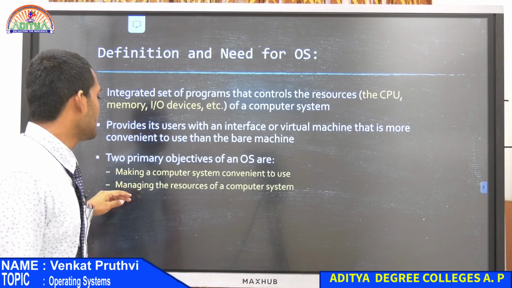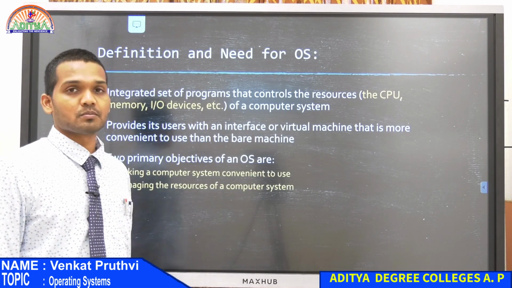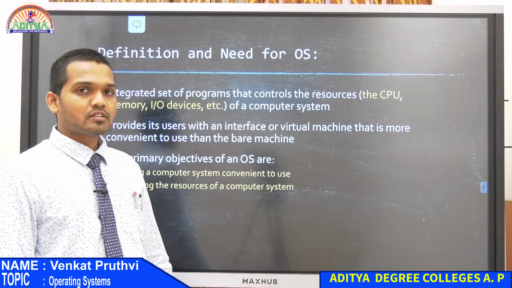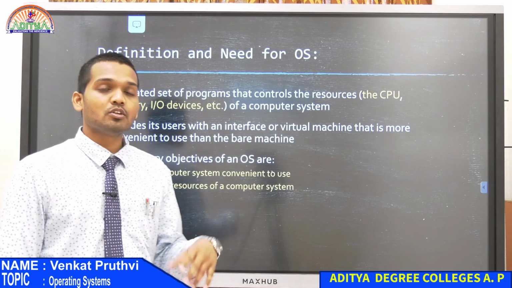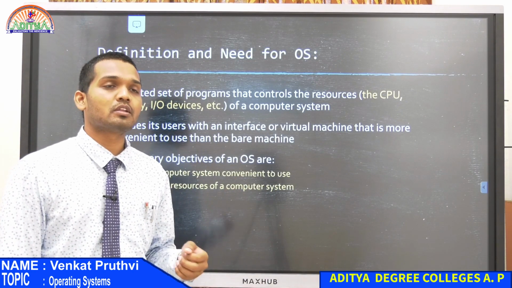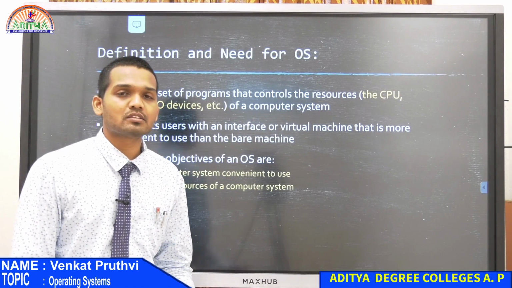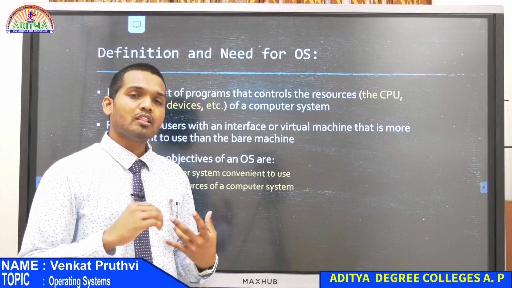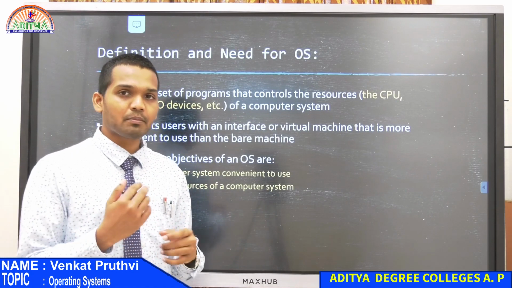Okay. Next, managing the resources of the computer system. The first one is not true for all operating systems, because if you use a Unix operating system or a basic Linux kind of operating system, they don't have any kind of interface. All that you can do is manually type in commands.